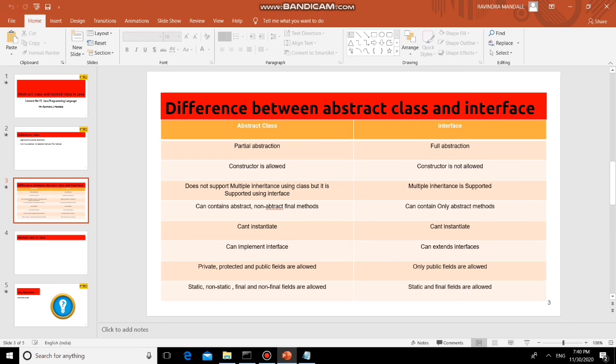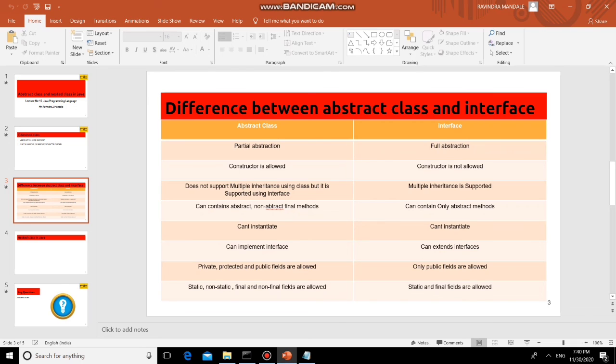Next difference: an abstract class can have private, protected and public fields, meaning we can declare variables of type public, protected, or private. But in an interface, all the fields should be public, static and final. So we can't take private and protected fields in an interface.